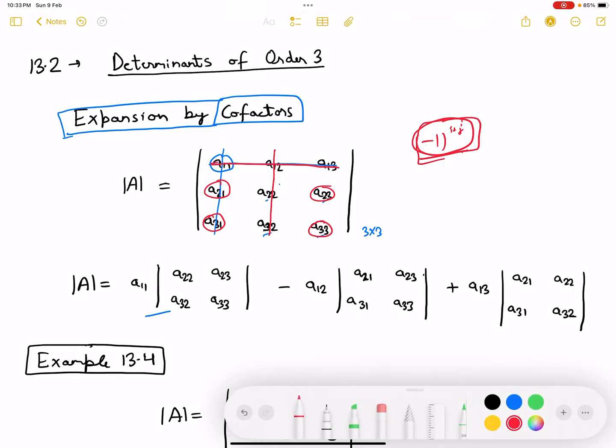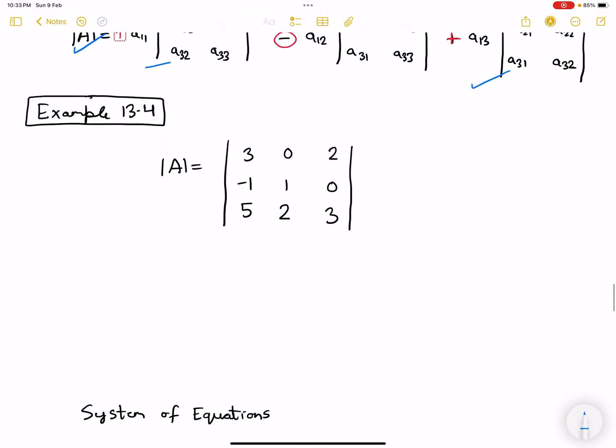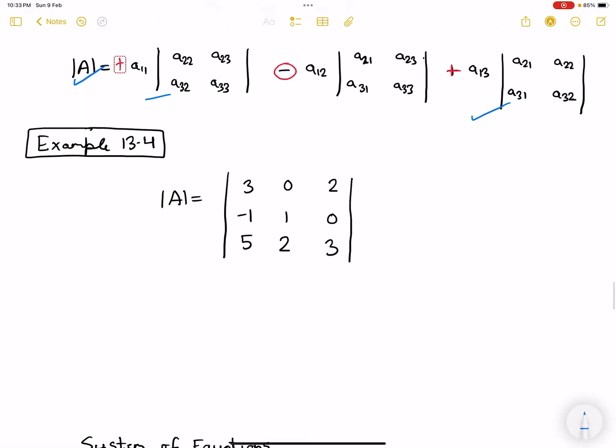So the coefficient is plus, then minus, then plus, subsequently minus, and then for the third element, remove this, and then the determinant of this. So this is how we'll get the determinant. Okay, so let's solve an example. The determinant of A would be